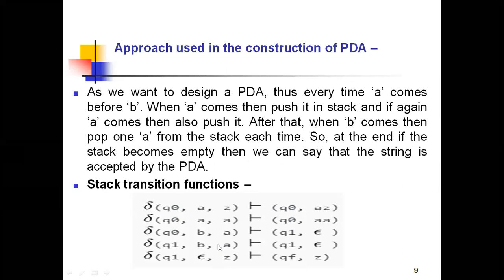And when you get a change, when you have the alternative alphabets, like see here, q0 b a: my input alphabet is b and my stack alphabet is a. Now the alternates are found, so you need to pop. And just to show that we performed the pop operation, you need to change the state to q1, so the state becomes q1, b, epsilon. Again these two get popped, q1 epsilon. And finally nothing is there, q1 epsilon Z, then it is qf Z.